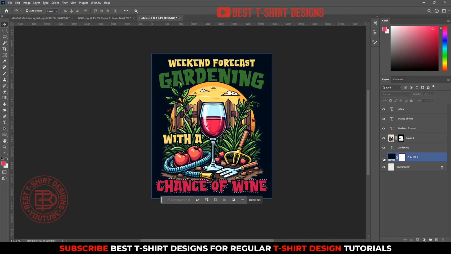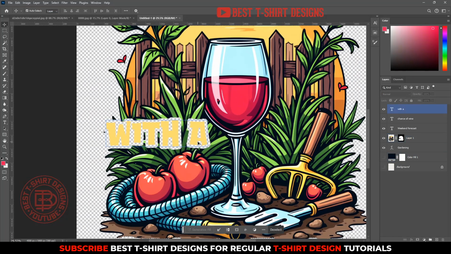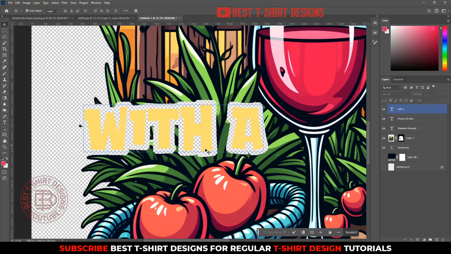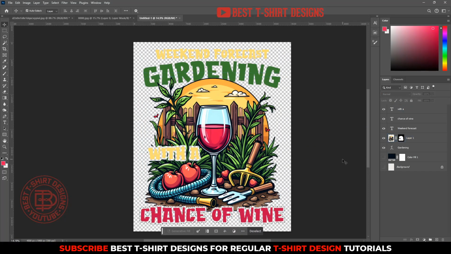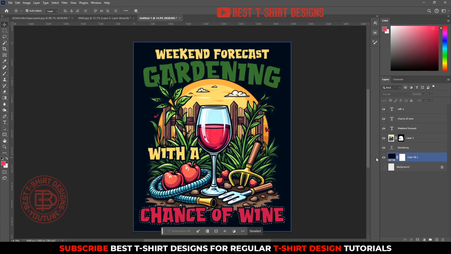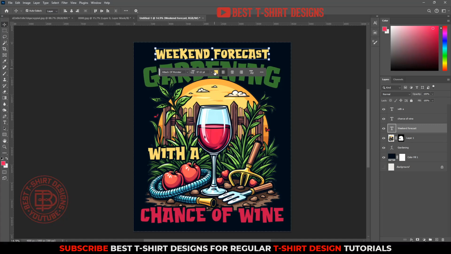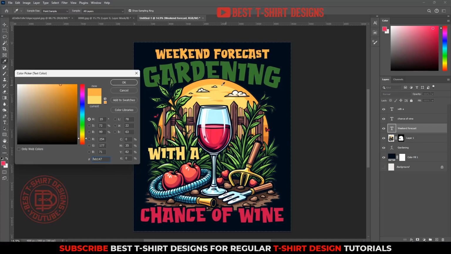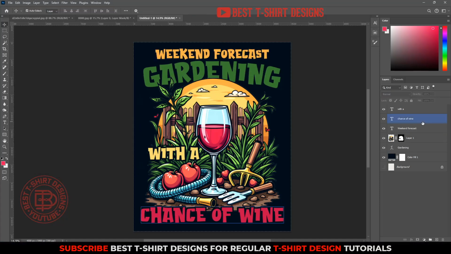Now here if I turn off this layer, as you can see, this is making those areas transparent. So here now I have this text here. If I turn this black background on, this is how it is looking. Now we are working with Photoshop, so we can apply some text effect on this text. So let's say for this text, I am going to make it first of all this darker shade of this color, and then I am going to